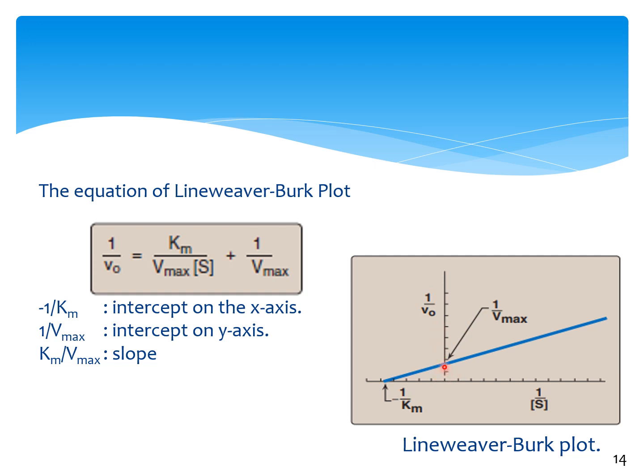The intercept on the y-axis is the reciprocal of the Vmax. The intercept on the x-axis is the reciprocal of the Km, the minus sign showing the shift to the left side of the x-axis,